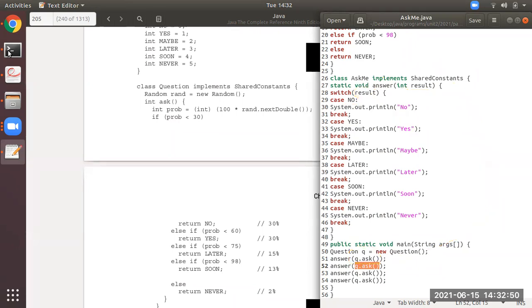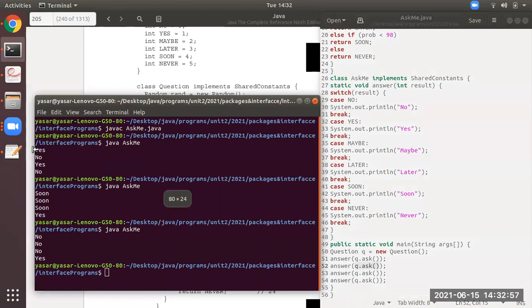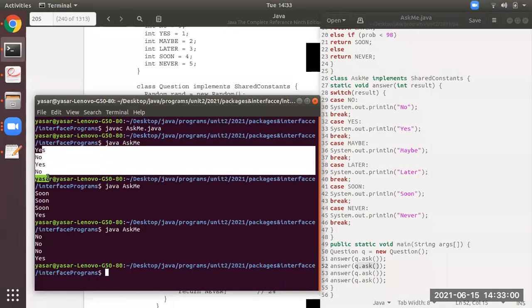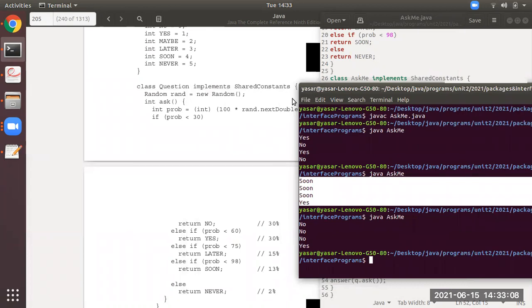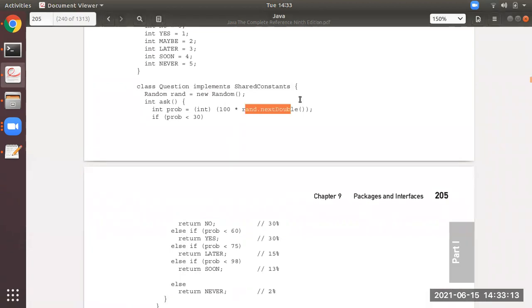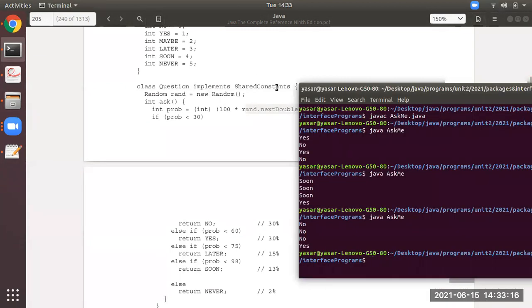That is, this is the output. Any random number it will generate. Okay, it need not be the same thing every time. So now you all can see here, it was yes one time, no, yes, no. Then after that, I again executed the program. Okay, so now what happened? This rand.next double returned these values. So it is up to this method. It will generate some random number. Because of this method, next double, where I'm rotating my mouse, you are able to see different outputs randomly.